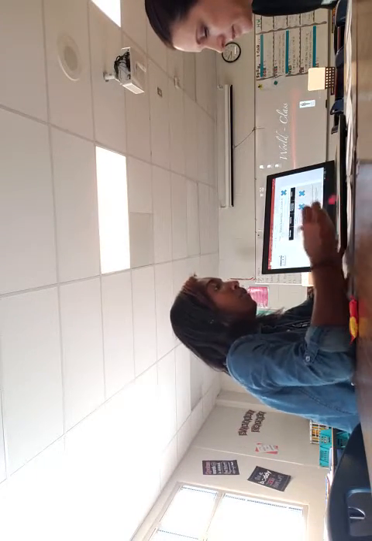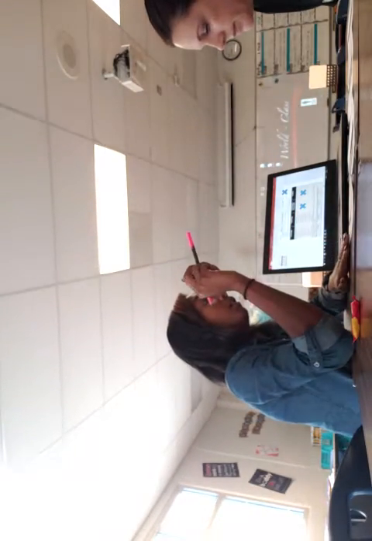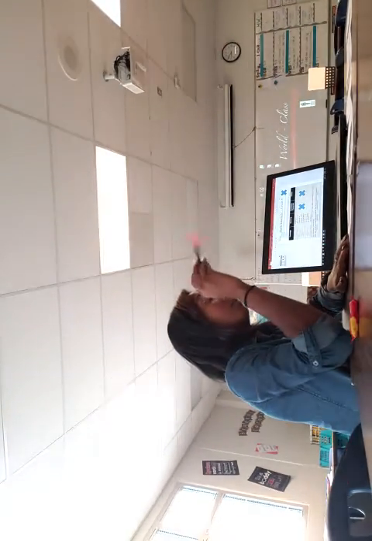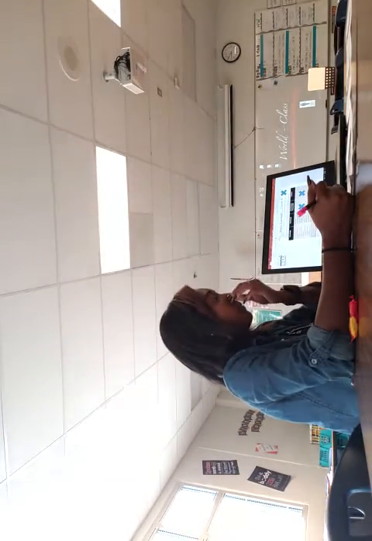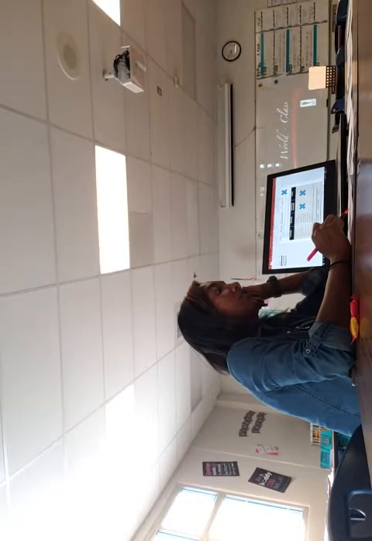Okay. So even though this is one standard, if we wanted to make learning targets, it would be I am able to interpret the quotients of fractions. Would you do interpret quotients of fractions and solve word problems, or would you do interpret quotients of fractions and then have another one? I don't know. I go back and forth on it. I know we need to use those words, but